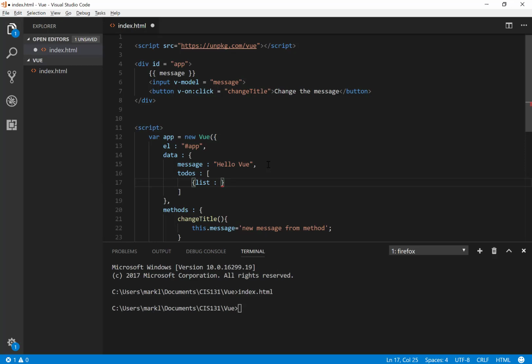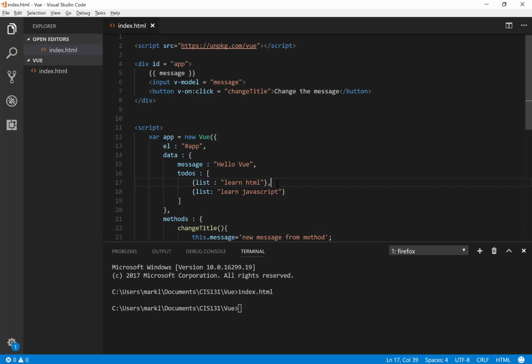So list: learn HTML, list: learn JavaScript. Okay, I need to put a comma here. There we go. So now I'm creating an array with the key of to-dos, and so let's go ahead